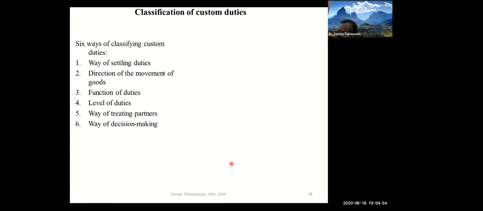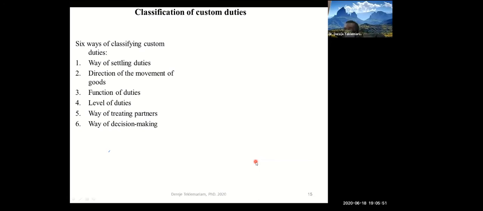The first, we can classify customs duties based on the way we settle the duties. Second, based on the direction of the movement of goods. Third, based on the function of the duties. The fourth one, based on the level of the duties. What does level mean? Of course, it is somewhat argumentative, we will see that. And the fifth way is the way we treat partners in that exchange or transaction. And the sixth one, and the simplest one, is we can classify the duties based on the ways